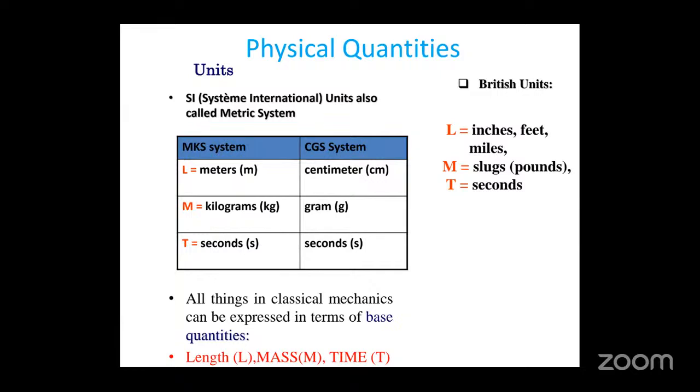Now, we have different standard systems of units that you need to know. The first one is the CGS system. The CGS system is the centimeter gram second system. Centimeter gram second system. And we also have the